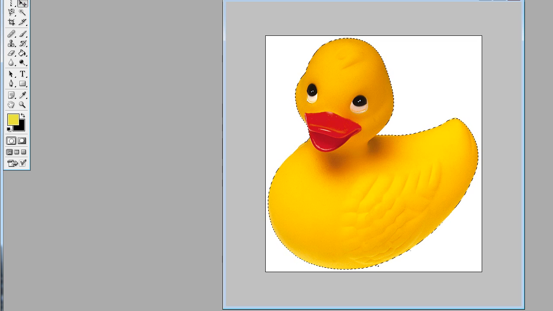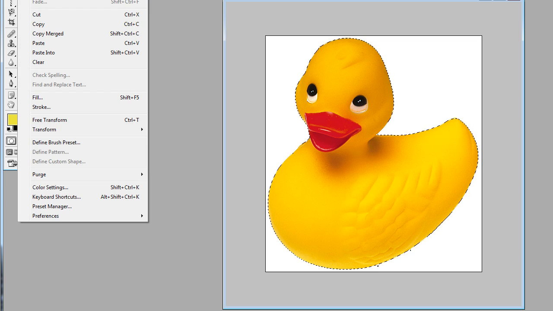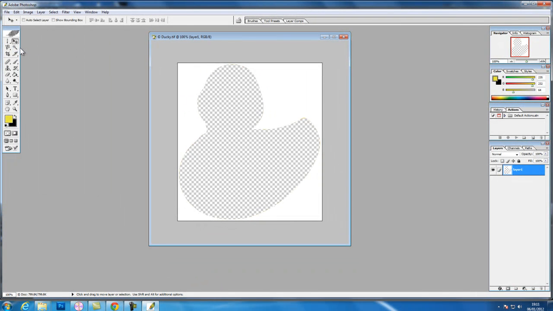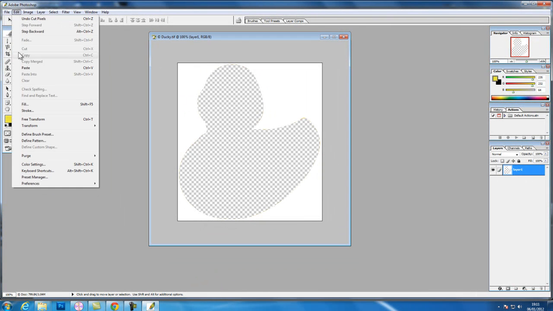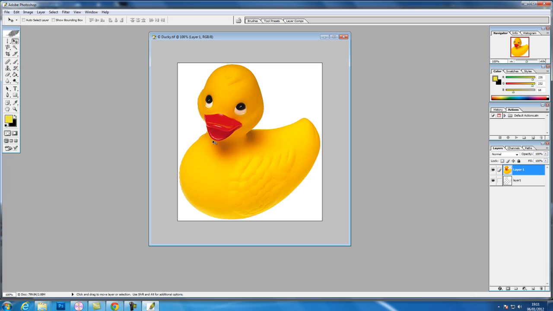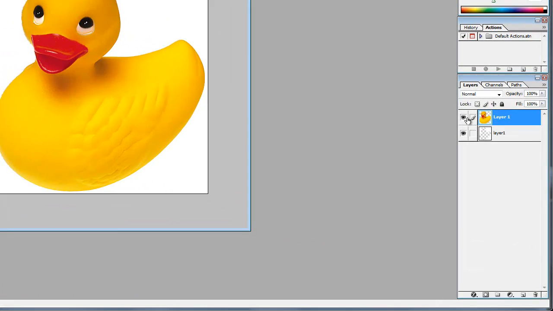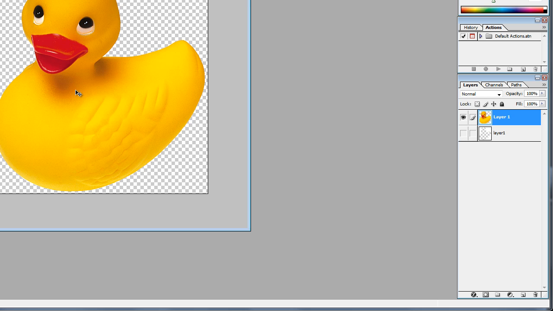if we go to edit, cut, edit, paste, you can see the duck now is in its new layer. We'll name it duck. It's in a layer all on its own. We've cut it from the background,